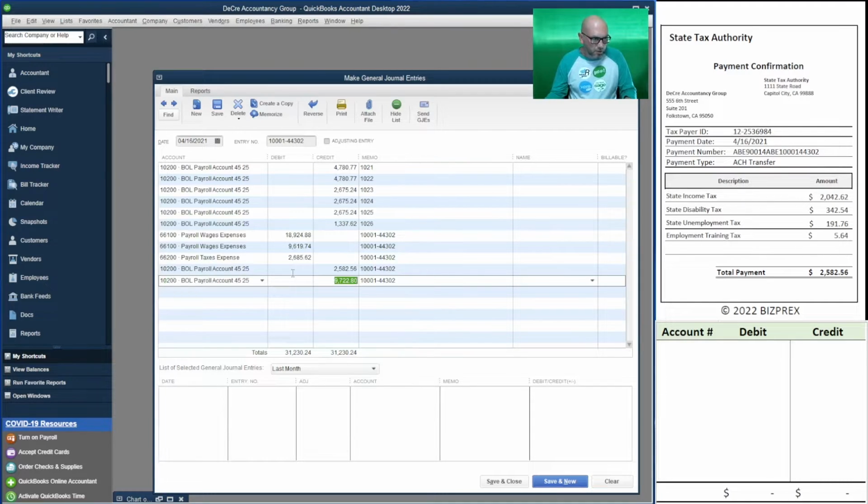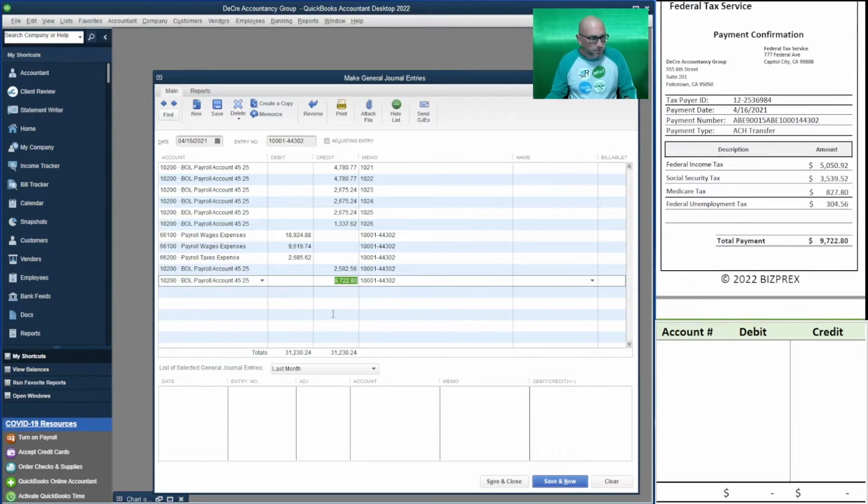And again, you see their credits to account 10,200, thus reducing it. Oh yeah, it did math for us. All right, so here it is. These are the amounts of money that will be credited to our bank account, thus reducing it because it's an asset when we pay those liabilities, right? We're not booking liabilities, so we're kind of booking it right away. So you can see that,